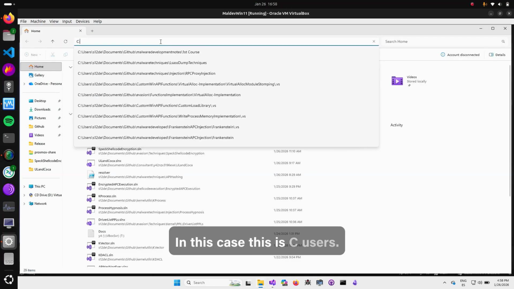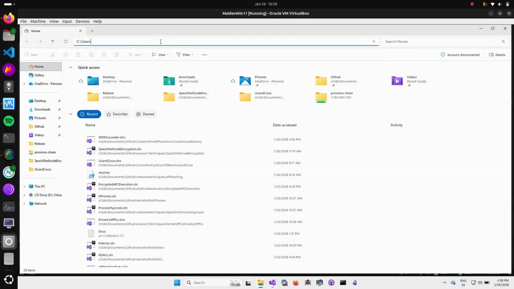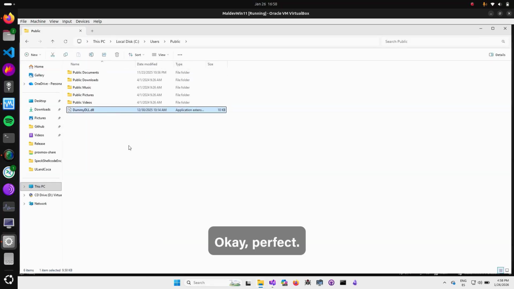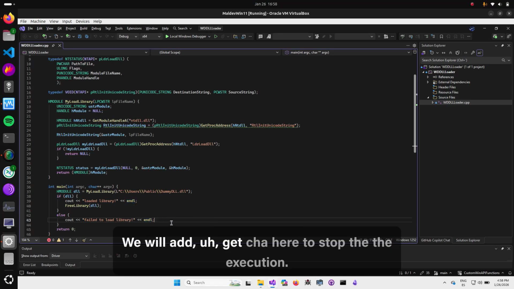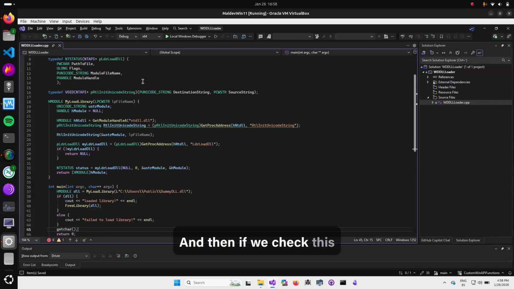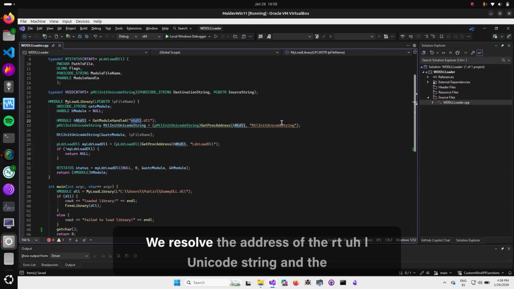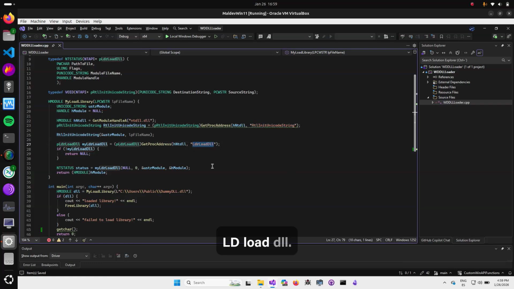In this case, this is C:\Users\Public, and here we have a dummy DLL. Perfect. We will add getchar here to stop the execution, and then if we check this function, it basically does the following things. We start getting a handle to the ntdll module. We resolve the address of the RtlInitUnicodeString and the LdrLoadDll. When this is done, we call the